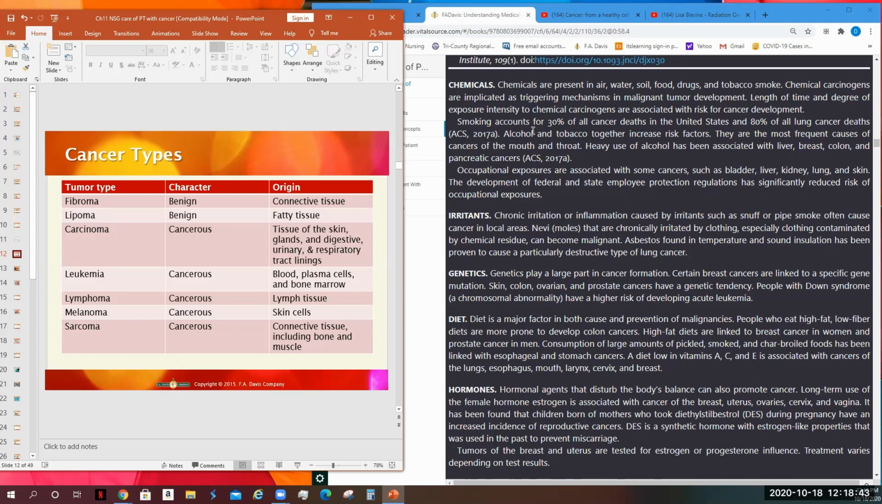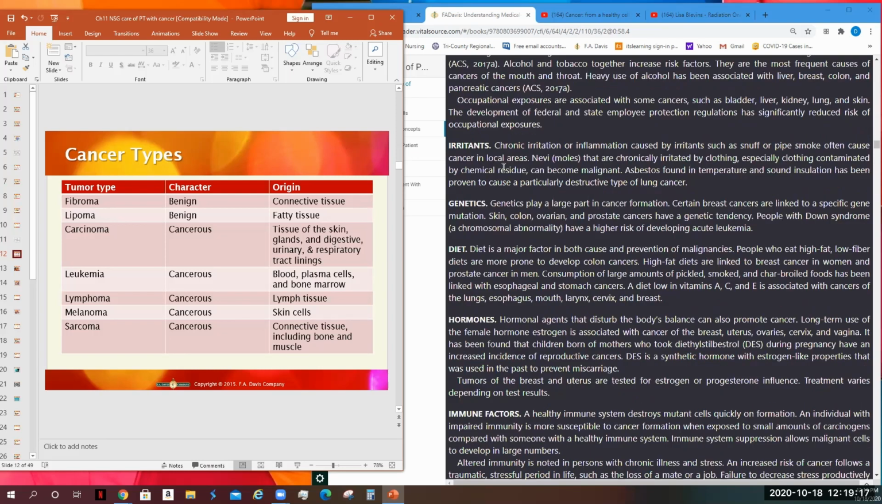Alcohol and tobacco together increase risk factors. They are the most frequent causes of cancers of the mouth and throat. Heavy use of alcohol has been associated with liver, breast, colon, and pancreatic cancers. Occupational exposures are associated with some cancers such as bladder, liver, kidney, lung, and skin. The development of federal and state employee protection regulations has significantly reduced the risk of occupational